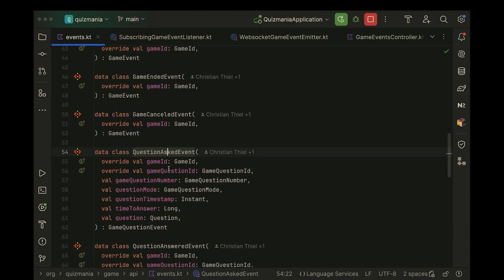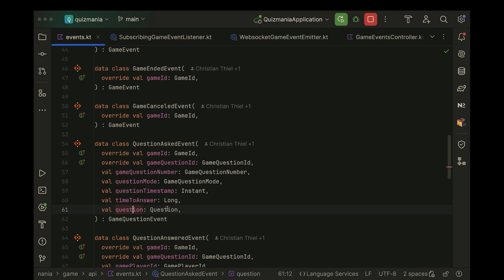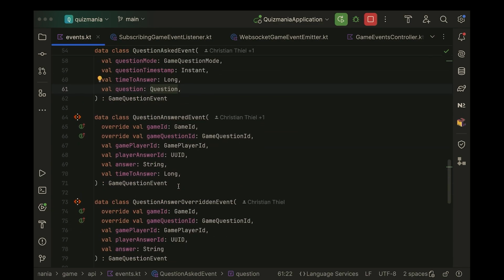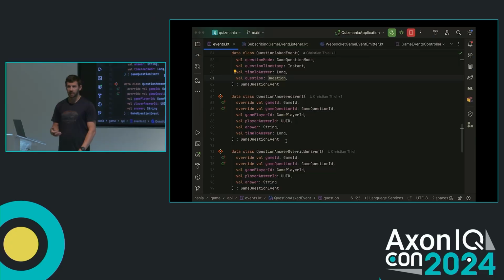Here, my question asked, where I also pointed out the phrase with the answer options. So everything is part of this event, and a few more for answering, overriding the answer, and so on. And when my aggregate now publishes some of these events,